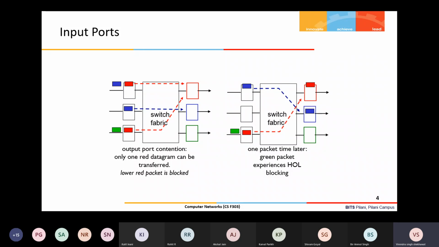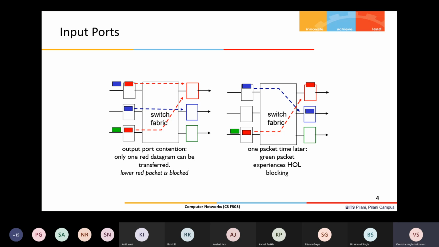One is memory based, which earlier routers used to have, and that's very slow. Then bus based, and then the crossbar kind of internal architecture, which allows parallel data transfer between the input and output ports.